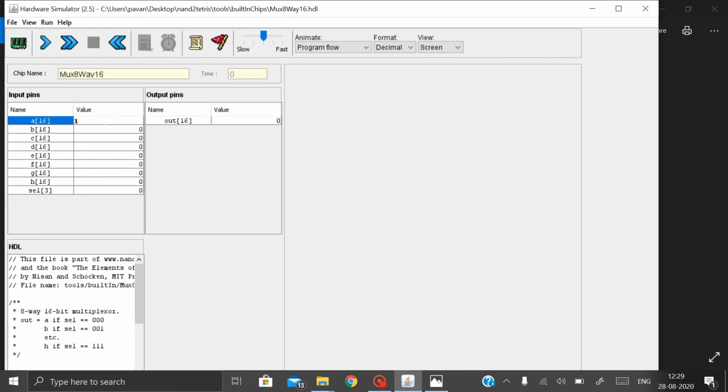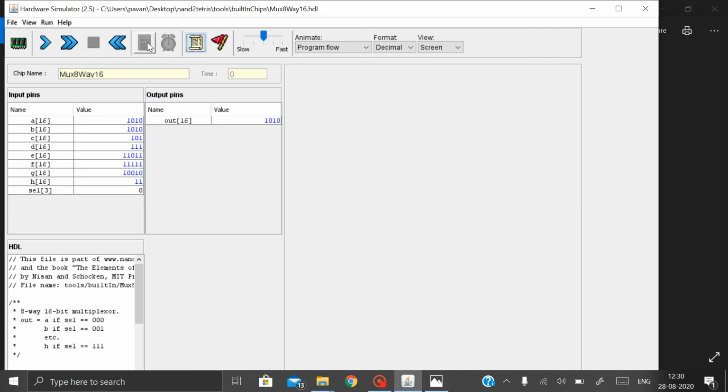I gave 8 inputs with the selection line as 0.